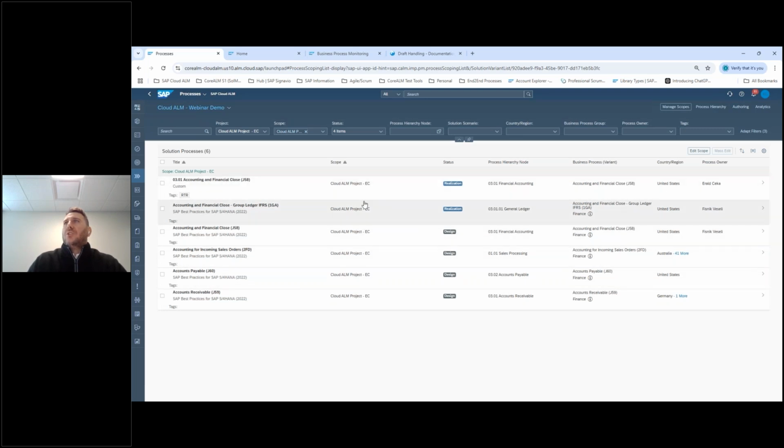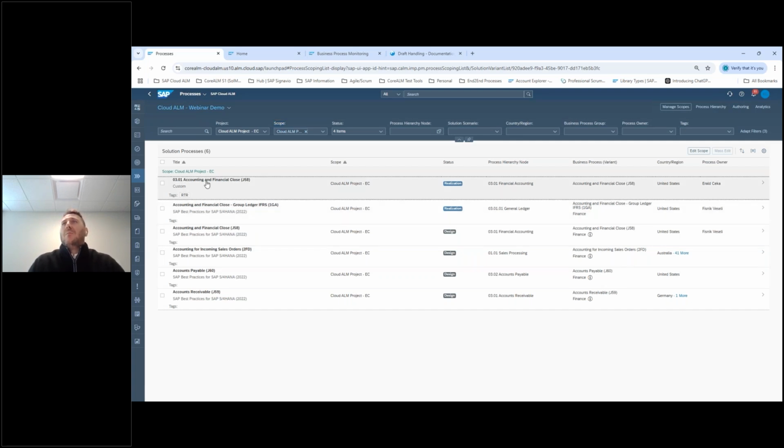So the idea is pretty simple, and then you can actually see here at the very top, I have my project and the scope, which will be that container that I will assign everything to. And this is the standard view that comes out of Cloud ALM. The same view will apply for the majority of the other things that we'll also show you as part of this demo. So now that I've brought in the best practices, I have customized, tailored my process,